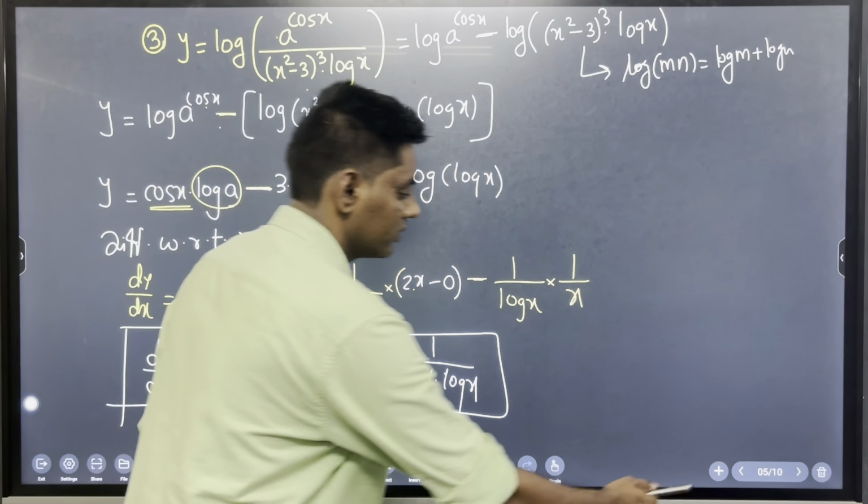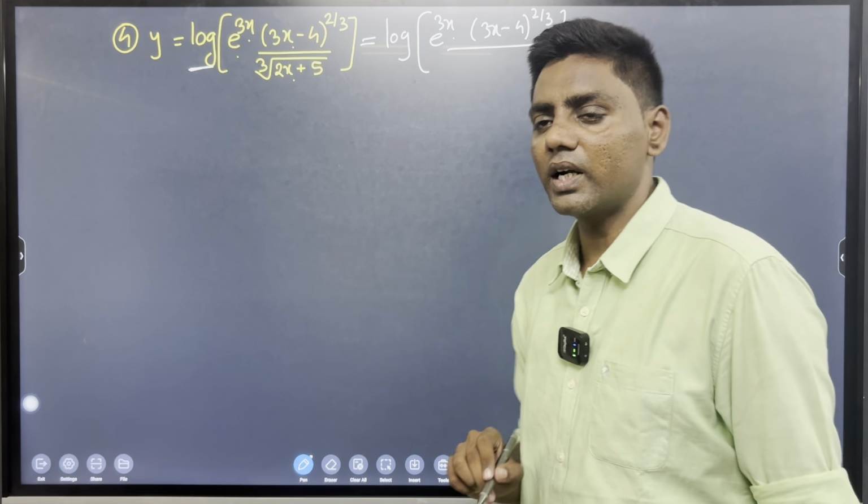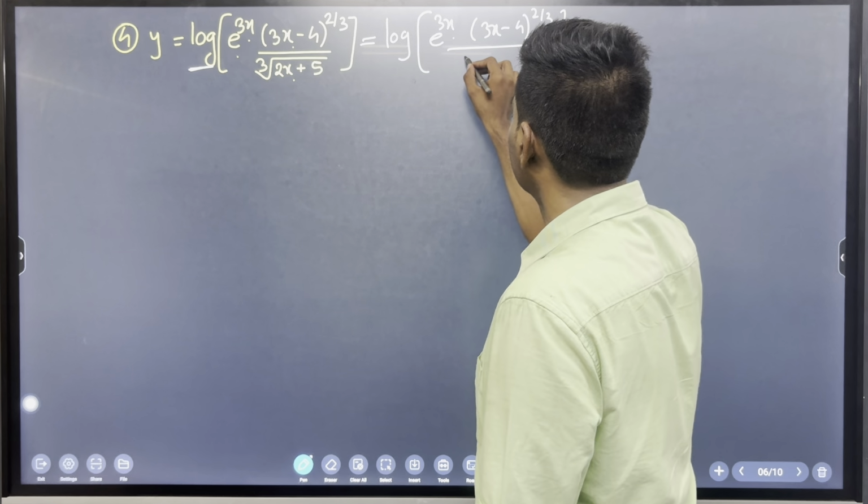So log of three terms. First term e raised to 3x, next term that is 3x minus 4 raised to power 2 by 3, and the denominator is given, that is the cube root, therefore the answer is 2x plus 5 raised to 1/3. So when we apply all three rules, we observe here the first two are in multiplication and the last one is division. So when we apply the basic rule of logarithm, there is a plus sign between the two terms and the denominator becomes negative. So we get log of e raised to 3x